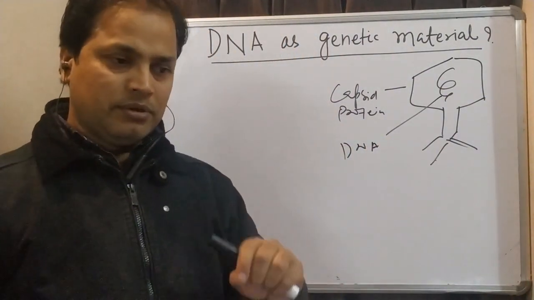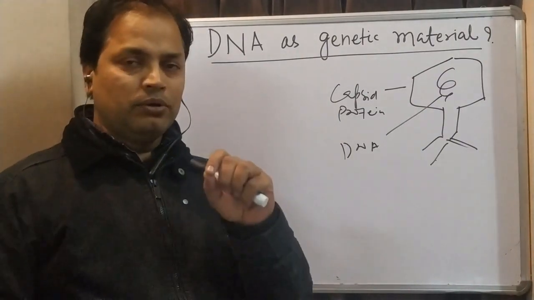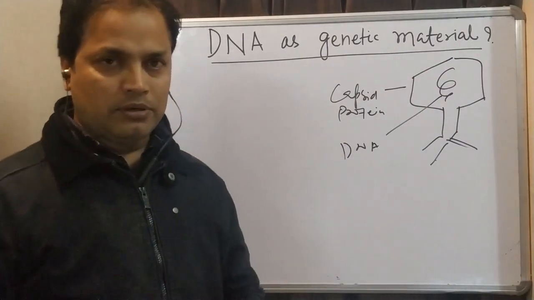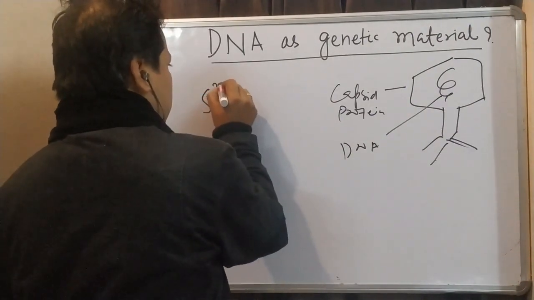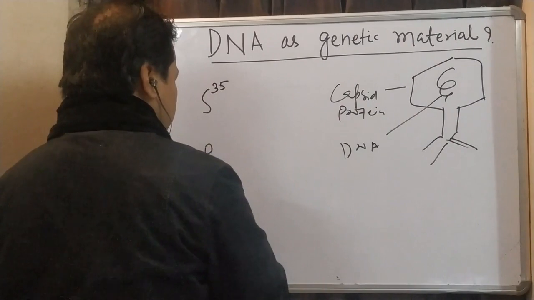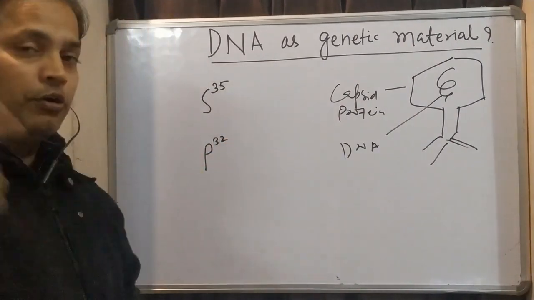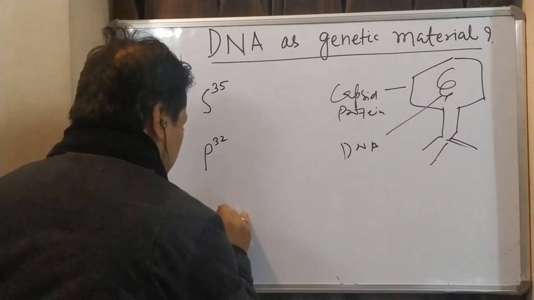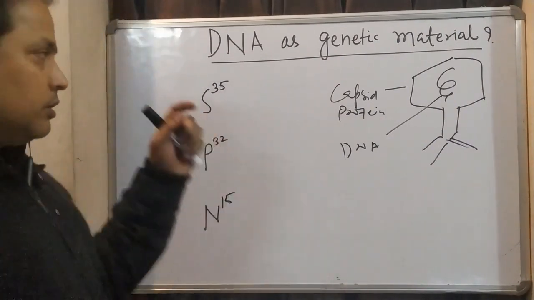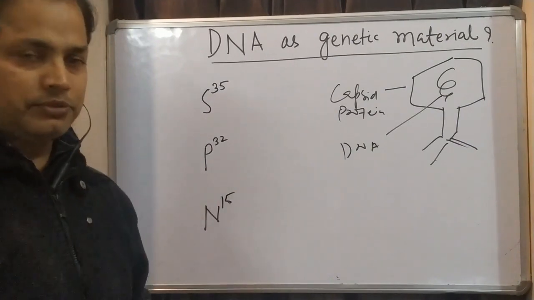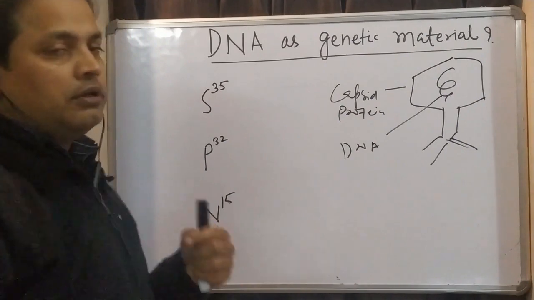So what Hershey and Chase have done is they have selected two isotopic components. So they have selected sulfur 35 and phosphorus 32. Other than this one, they had an option to select nitrogen also. I'll tell you why they have not selected nitrogen. So these are the three different isotopic substances that can be selected, but they have selected only sulfur and only